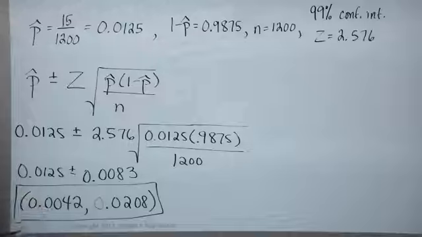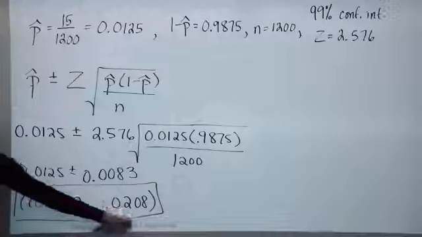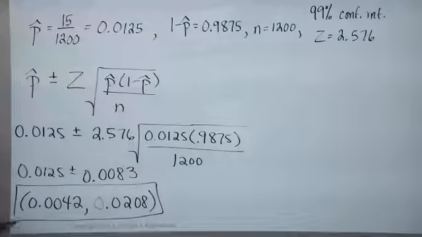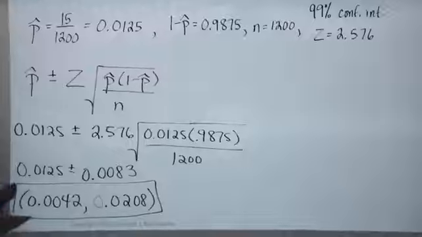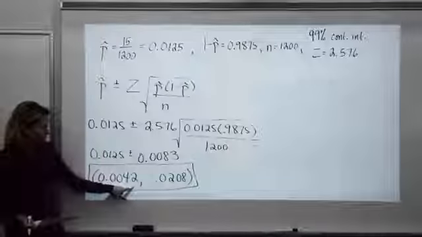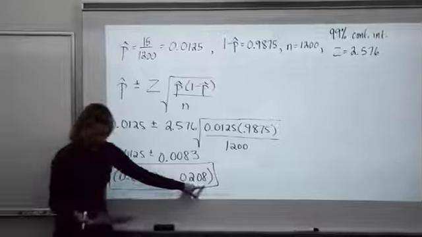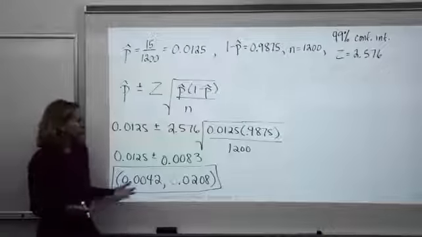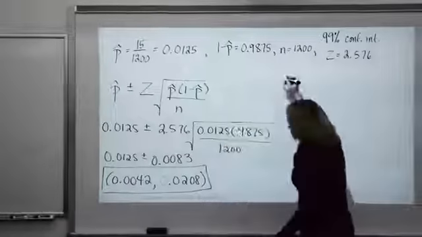You know, what does this tell us? Here they're written as decimals. You can multiply both of these by 100 and think of this as percentages. We were constructing a 99% confidence interval, so we're 99% confident that somewhere between 0.42% and 2.08% of adults in Maryland are compulsive gamblers. So to interpret,